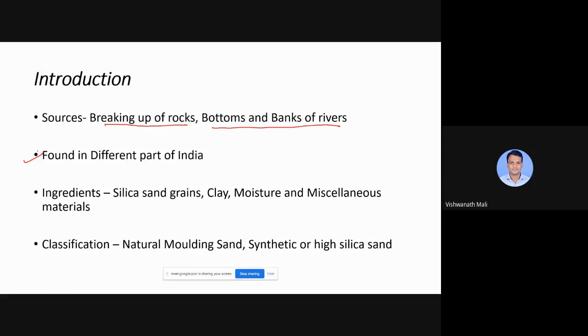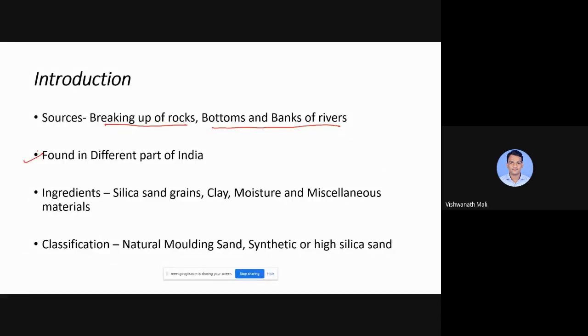If you consider India, in the Damodar and Barakar area in Bihar, then in Punjab, in the area of Gurdaspur, and in Gujarat, that is in Saurashtra, in Bhavnagar, we can get that molding sand. In Maharashtra, in Lunda, we get that molding sand. If you go to the south, in Madras, in Audi district, we get that molding sand.